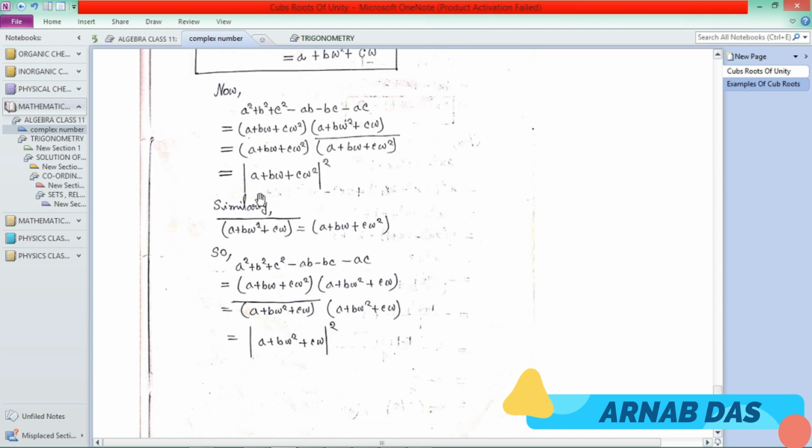The proof is that you also know that a square plus b square plus c square minus ab minus bc minus ac equals a plus b omega plus c omega square into a plus b omega square plus c omega, and this equals a plus b omega plus c omega square into a plus b omega plus c omega square bar, because the bar of a plus b omega plus c omega square is equal to